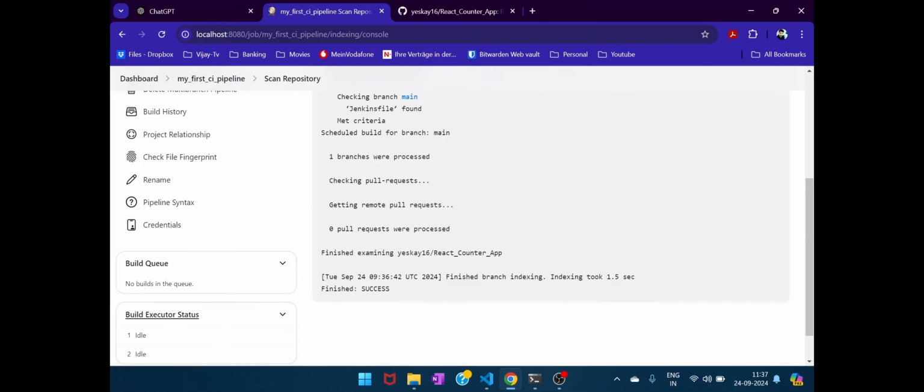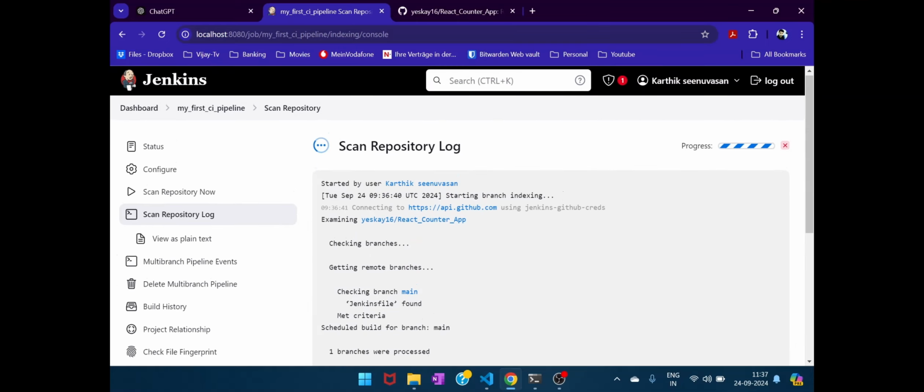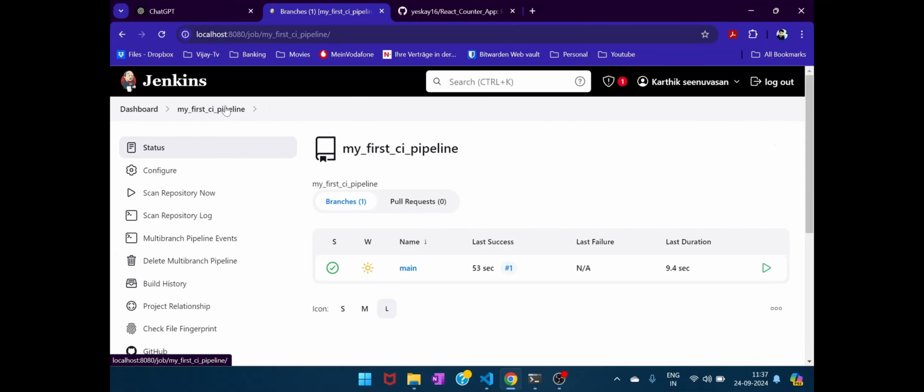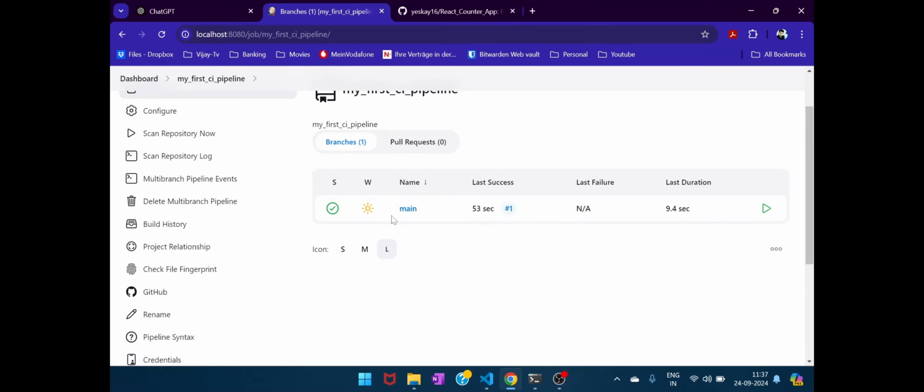Everything looks good, and it ends with a success. Right, I go back to my first CI pipeline job, and it will have an individual job for each of the branches that it identifies. So that's the beauty of